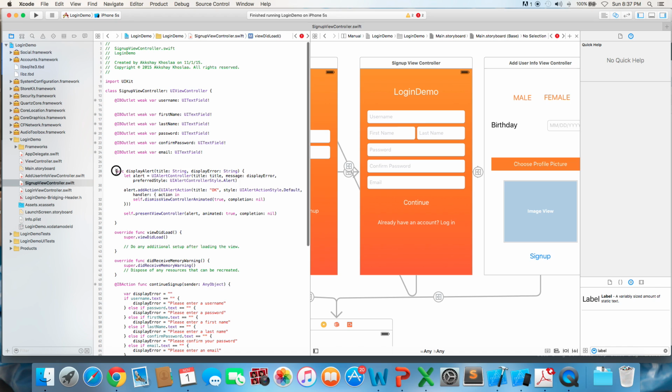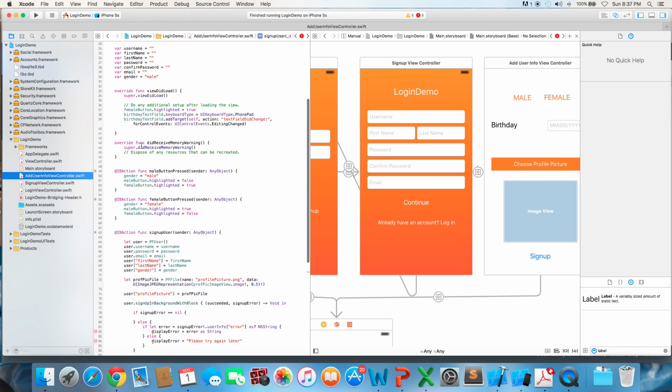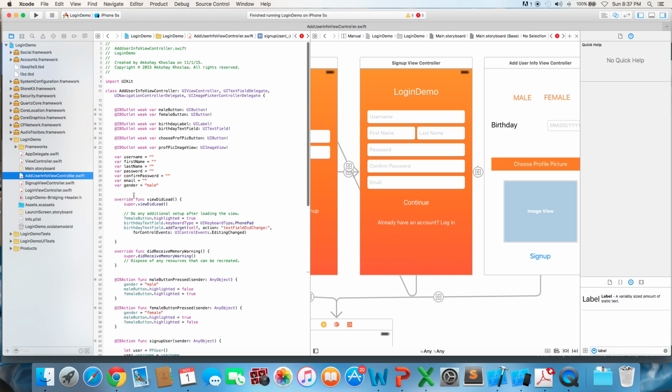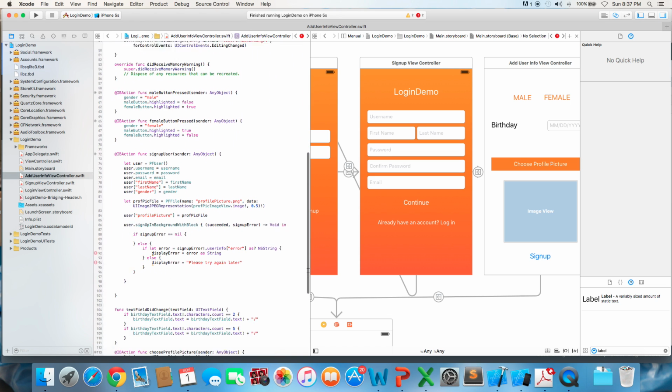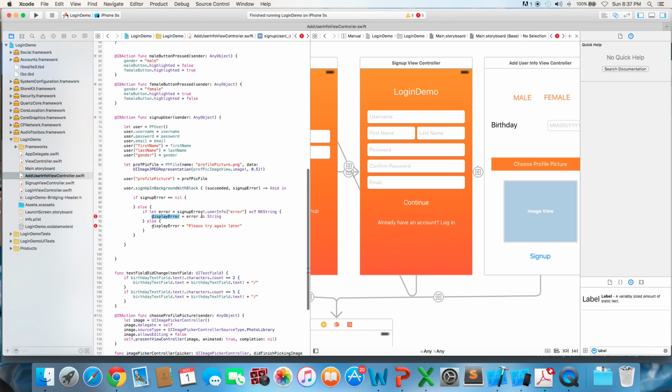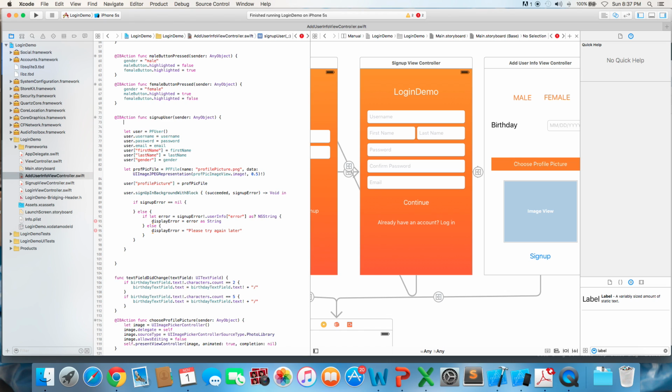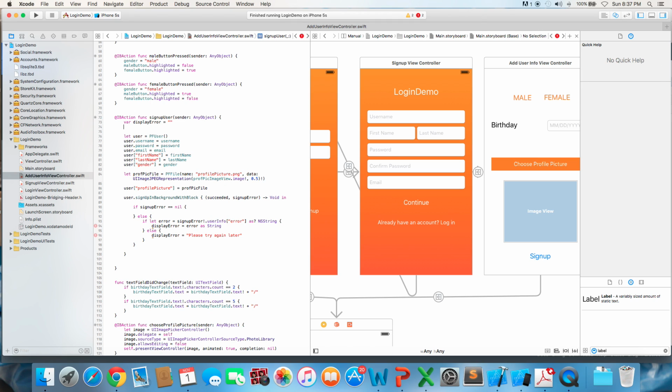What we'll notice is that so far we haven't added the code that we did for the previous ones, for the previous view controllers, to display the alert. So let's go ahead and add that in right here. Let's just take that function that we wrote earlier and pop that in right there. And one thing we haven't done is declared what displayError is. So var displayError equals this,